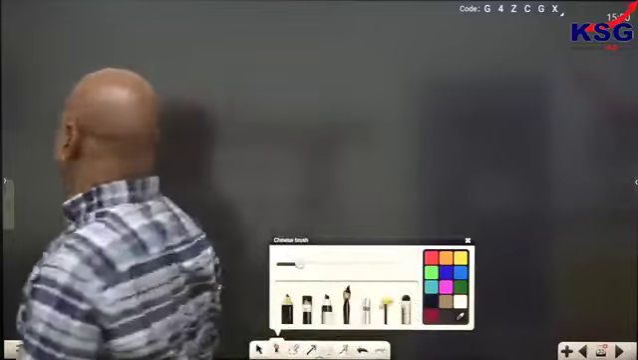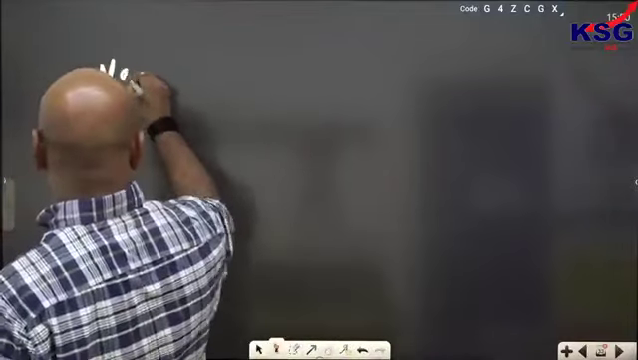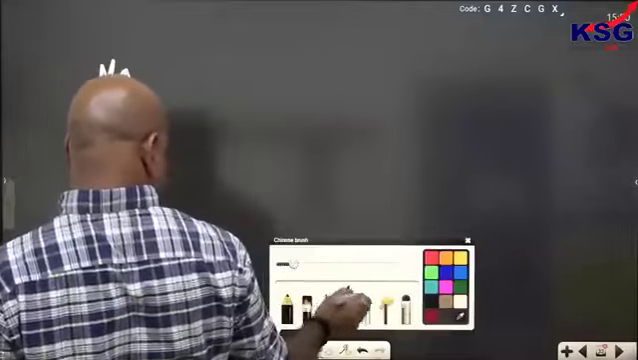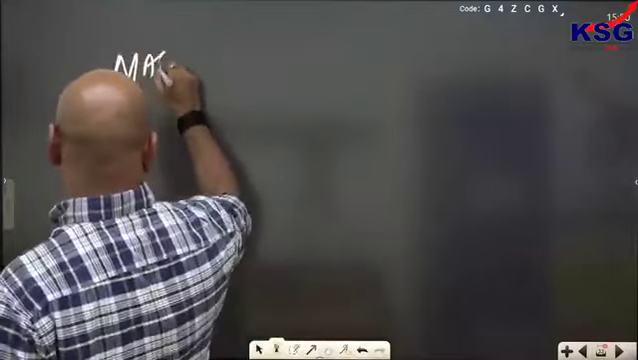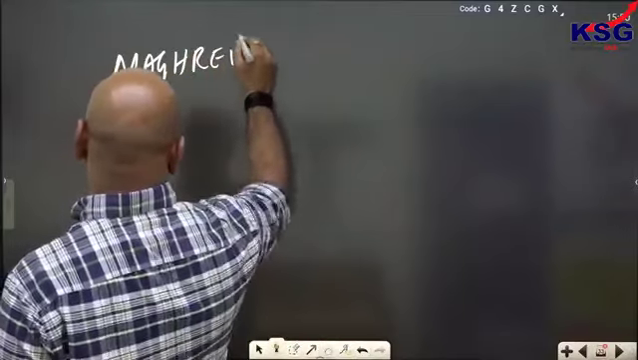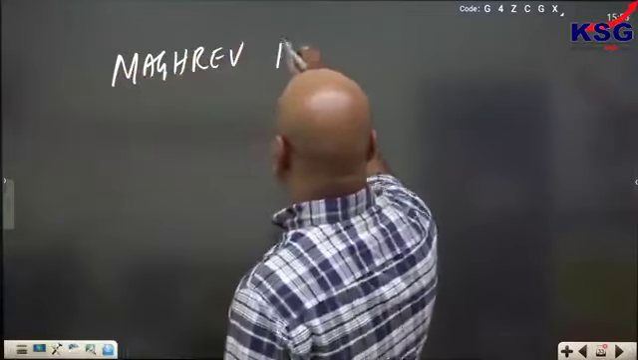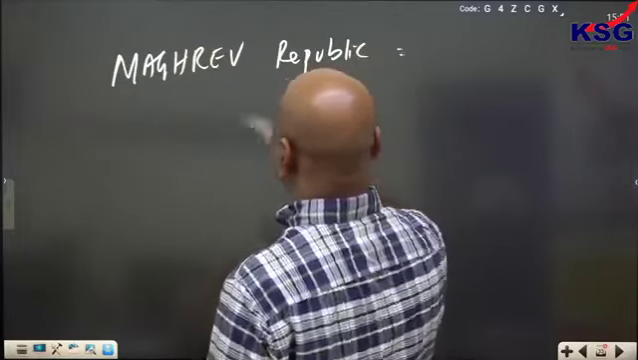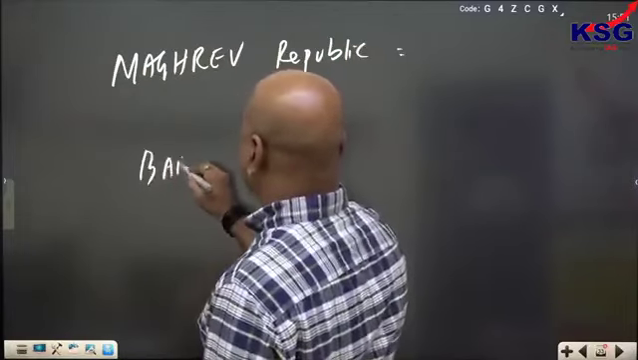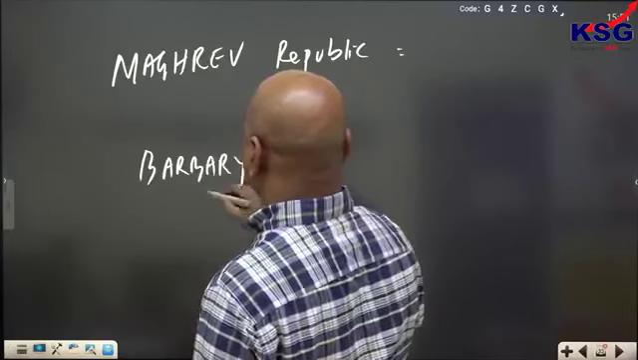ये वेस्टर्न पार्ट पे कुछ कंट्रीज हैं: अल्जीरिया, टूनिशिया एंड मोरक्को। मागरेब, मैगरेब रिपब्लिक कहते हैं, Maghreb countries, Maghreb Republics। बर्बरी कंट्रीज।